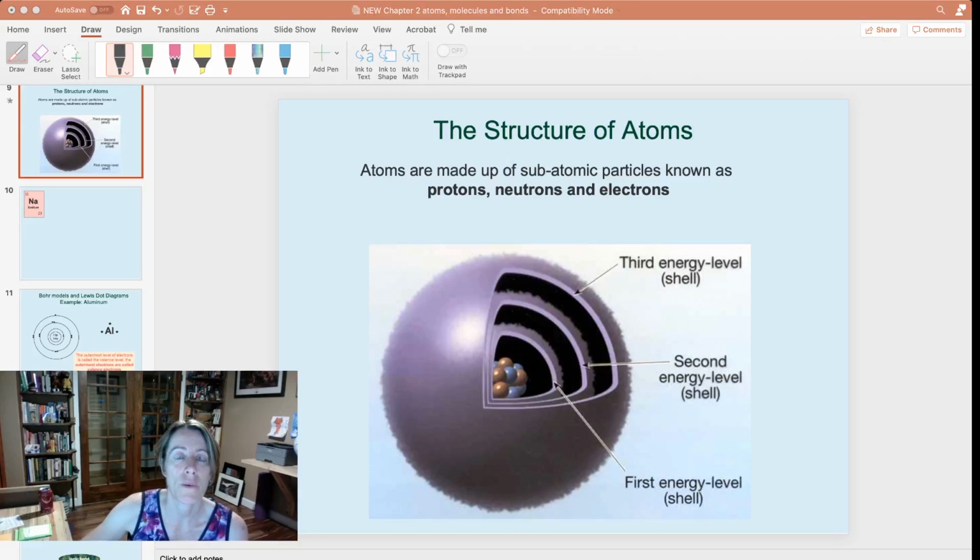So we talked about building an atom of sodium in the previous presentation, and we talked about the protons and neutrons being in the nucleus, and then the electrons going around the outside. Now, there's a slight level of complication here, and that is that on this diagram here, you can see